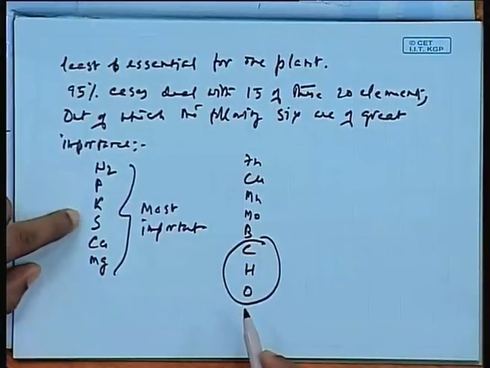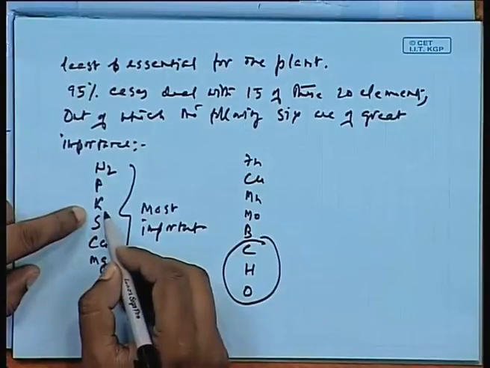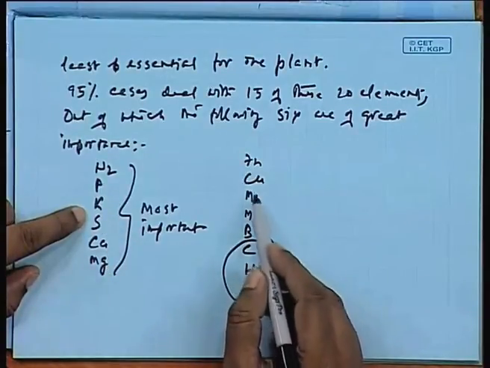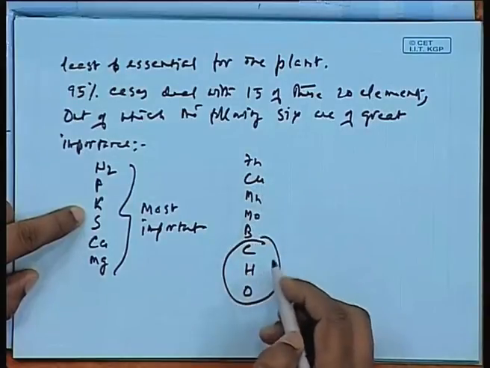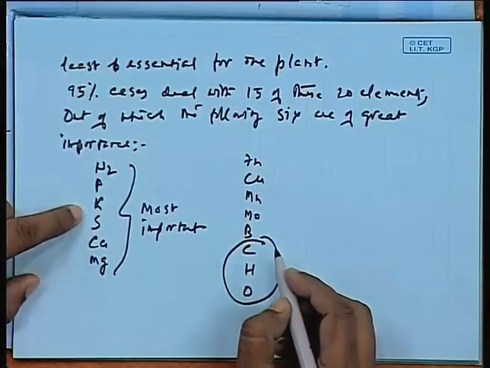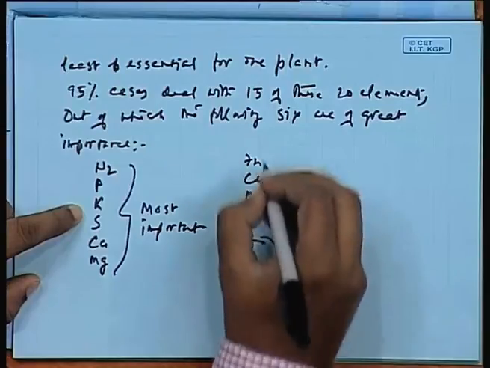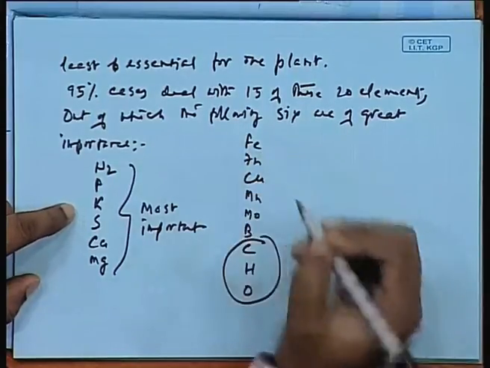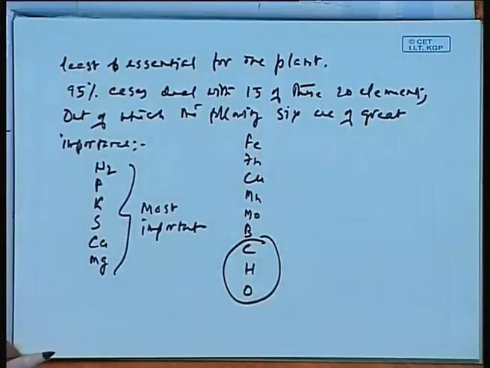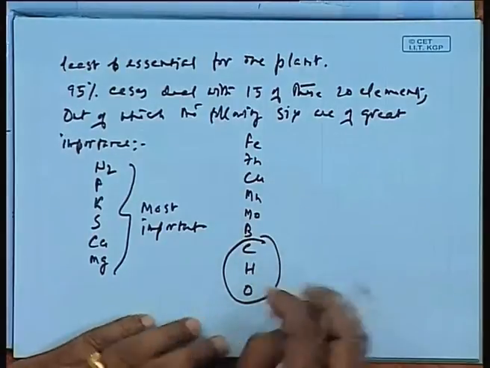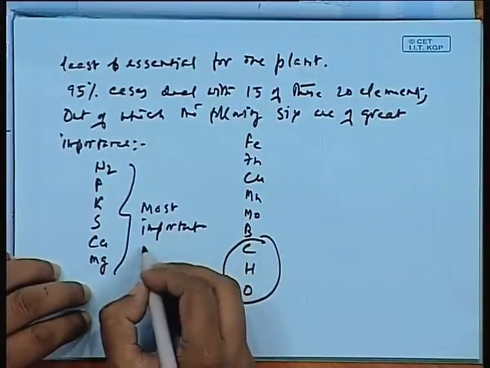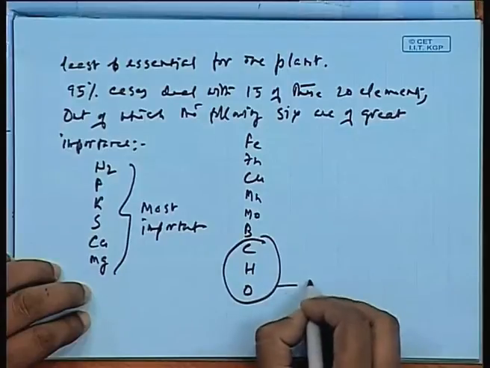So these are mostly the important elements that you can see: these six, and five, and then we have missed one, that is iron. So these are most important, this is critically important,